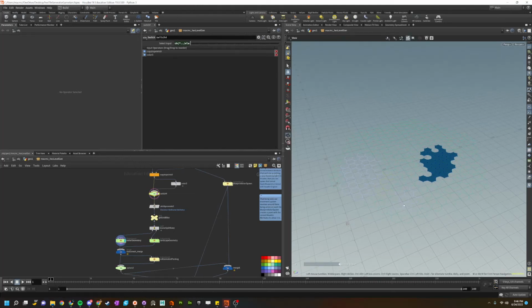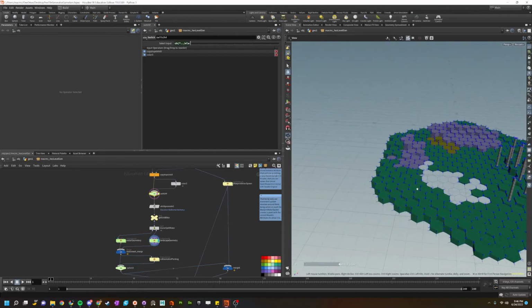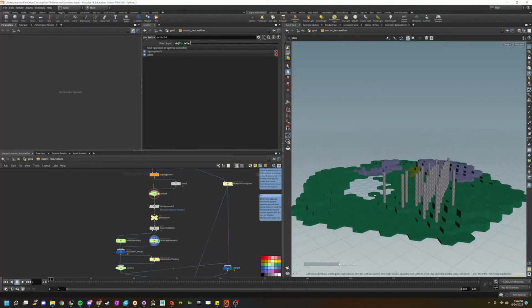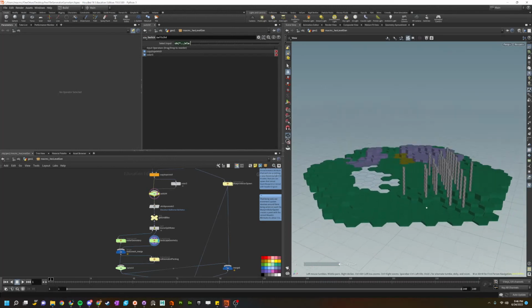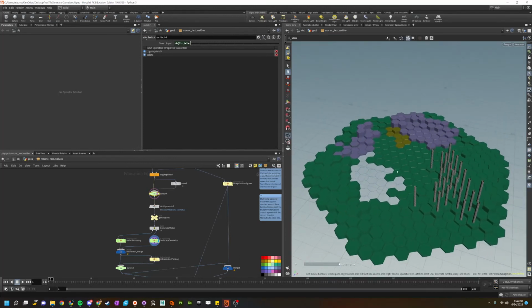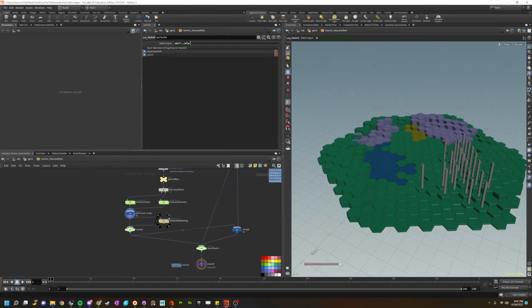and then water was basically just a flat plane, but the actual landscape geometry was a bit more intensive because I extruded things out based upon their height, and then I also added in the trees or the stones and all of that, and then I just merged it. Of course, this is simplifying a lot, but